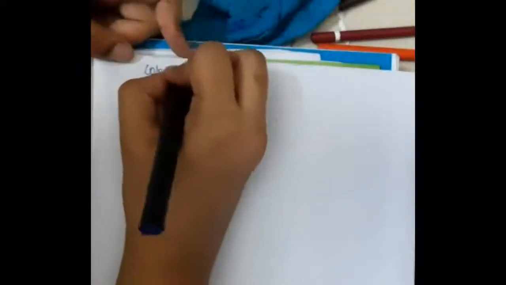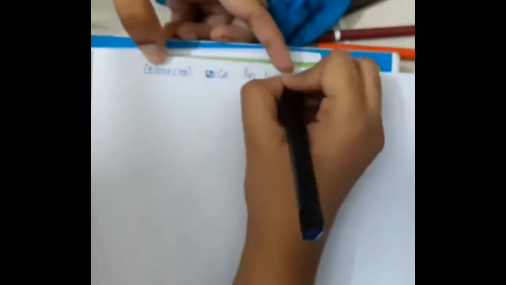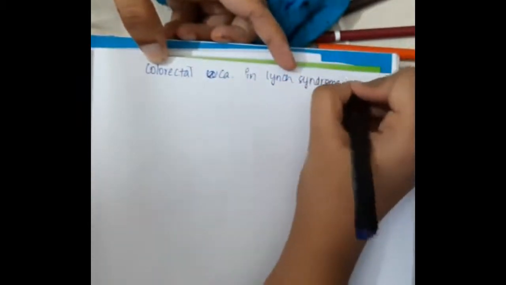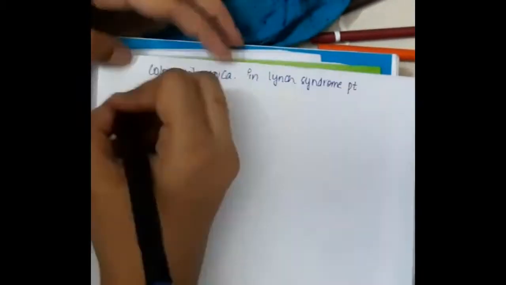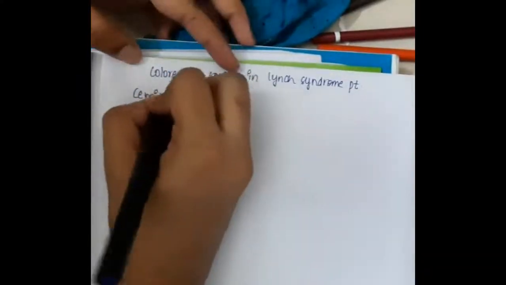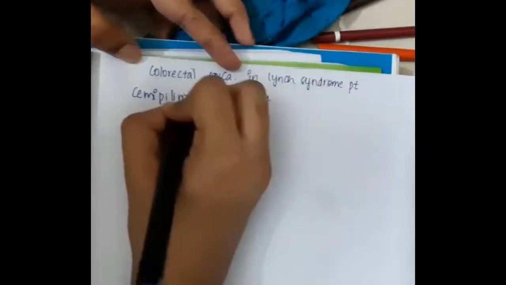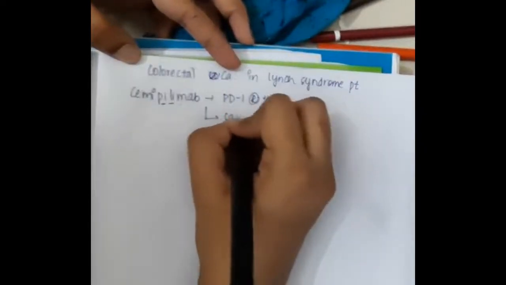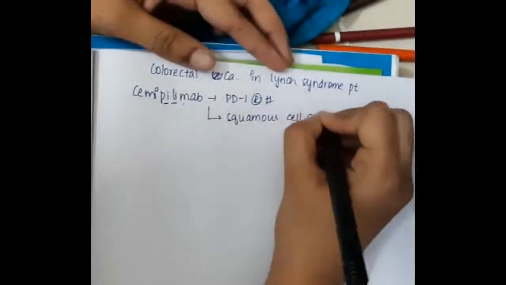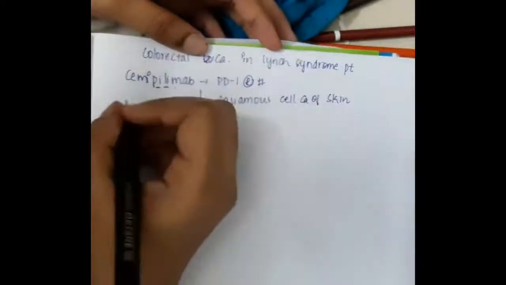So nivolumab is an immune checkpoint inhibitor. Then we have colorectal carcinoma in Lynch syndrome patient. These include cemiplimab, which is also a programmed death receptor 1 inhibitor, and it is used for squamous cell carcinoma